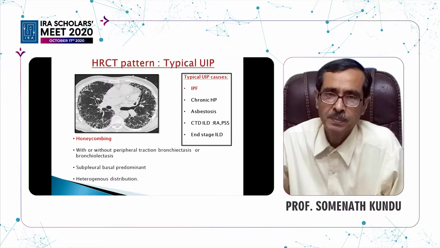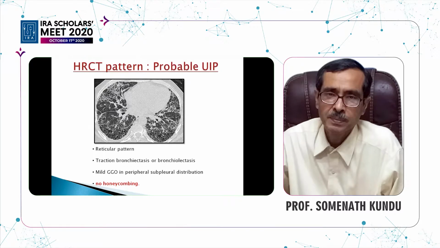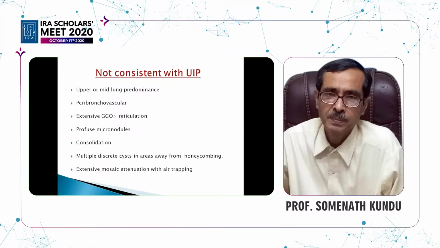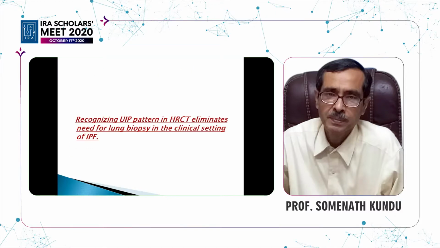So typical UIP, probable UIP. If you get these features, then it is not consistent with UIP: if the shadows have an upper or mid-lung predominance, if the shadows are peribronchovascular, if there is extensive ground glass opacity more than the reticular opacity, if there are diffuse micronodules, if there are areas of consolidation, if there is extensive mosaic attenuation with air trapping, or if there are multiple discrete cysts away from honeycombing, then this is not consistent with UIP. Why is it so important to recognize a UIP pattern in HRCT? Because it eliminates the need for lung biopsy